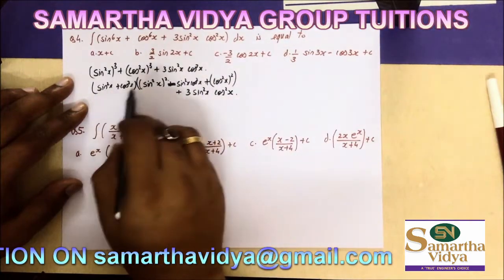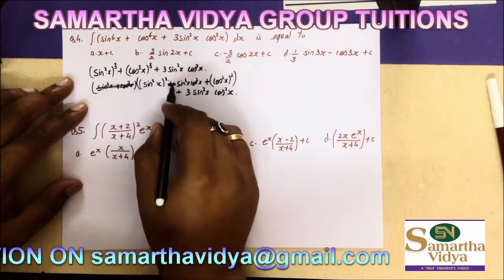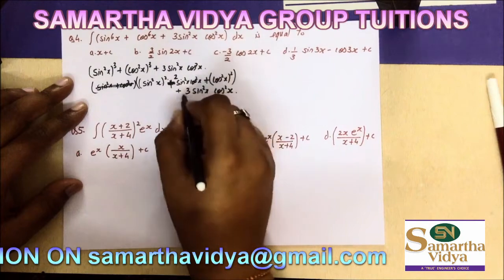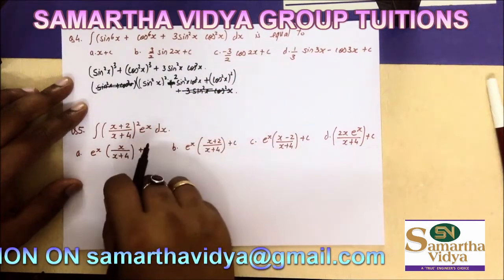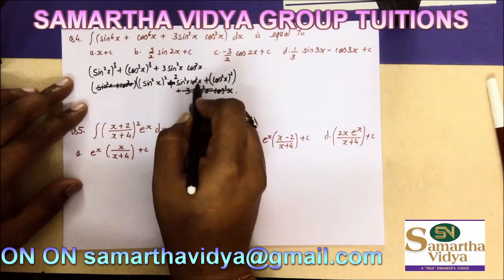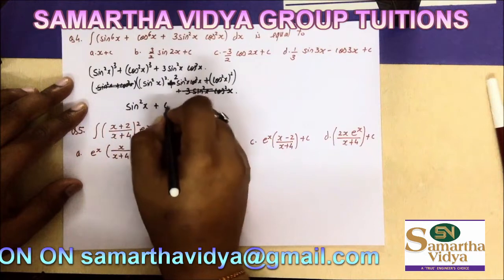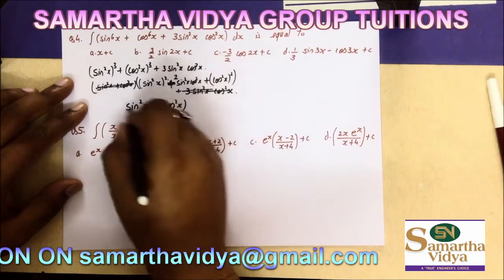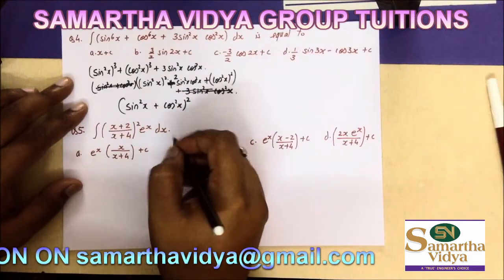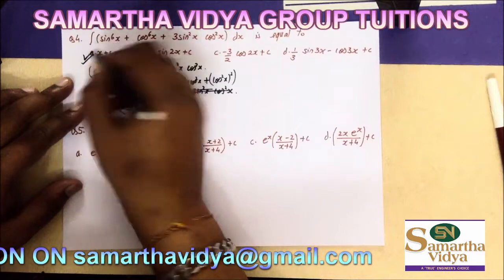So now we know that this becomes 1. So let's just eliminate that. And we know this addition becomes plus 2, so let's just remove this also. So we see that this is nothing but a square plus 2ab plus b square. So again it is sine square x plus cos square x the whole square, which again is 1. So it's 1 square and I need to find the integration of 1. So that's nothing but x.